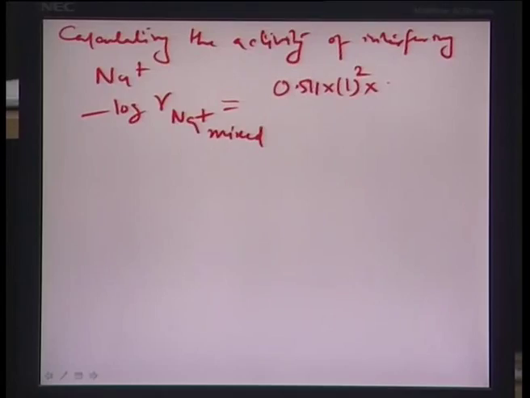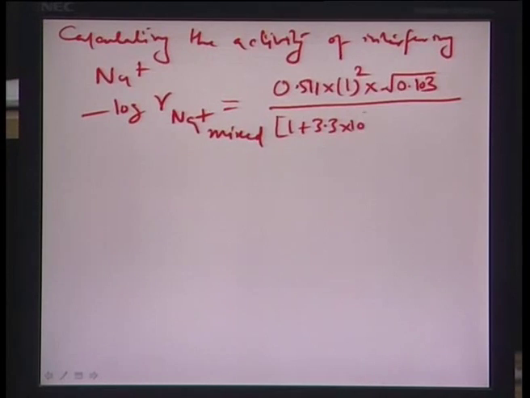So, +1 square times root of the mu, which again does not get altered, mean ionic strength remains the same in the mixed solution, 0.103 whole under the root, and this is actually divided by 1 plus 3.3 × 10^7, which is the B parameter, times the ion size parameter of Na, which is about 400 picometers from the table as we had done before. So, this is 4 × 10^-8 centimeters, again the CGS units have to be used, root over 0.103, and this comes out to be equal to